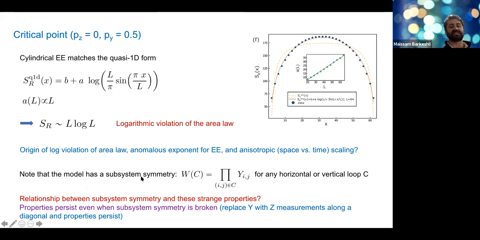We haven't been able to nail that down, and the reason is because even when we break this subsystem symmetry by replacing Y measurements with Z measurements along some diagonal, these properties all persist. So maybe there's some kind of emergent subsystem symmetry even when we break it explicitly. I don't really